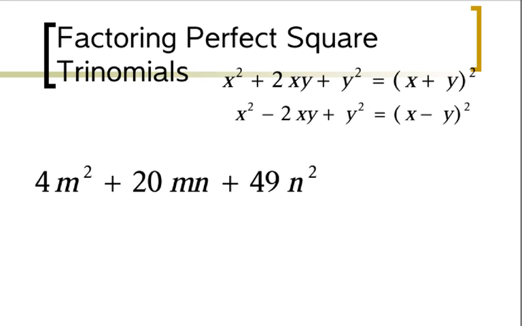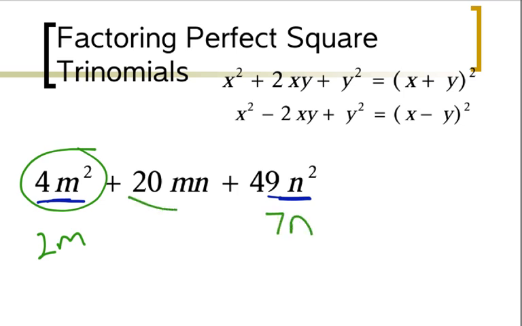So in our final example here, we see one where it's got a variable in front and a variable in back. So we still square root both of them. Square root of 4m squared is 2m. The square root of 49n squared is 7n. So now we check the gap here, and we've got 2 times the first number of 2m times the last number of 7n. And if we multiply that together, you see 2 times 2 is 4. 4 times 7